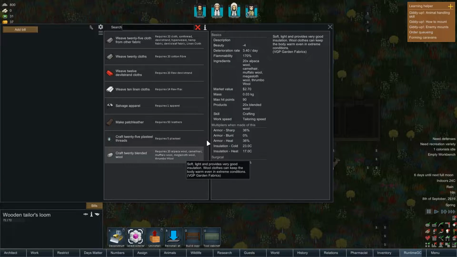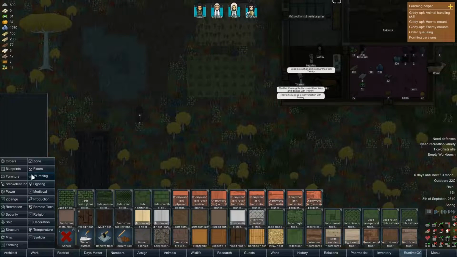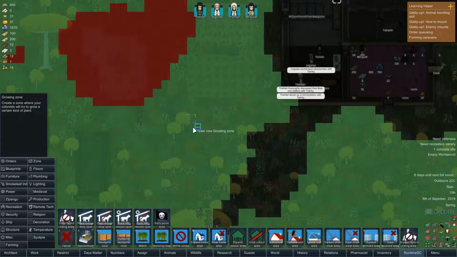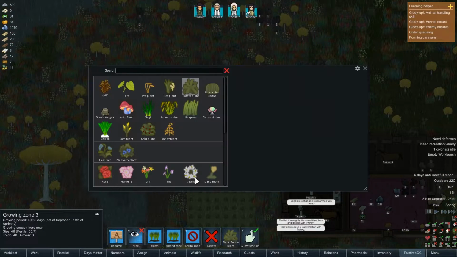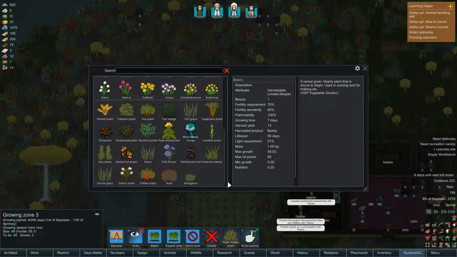We may have to plant stuff. Let's see what we can grow. It's going to take quite a while, sadly. I'm sure there must be a quicker way, there must be an easy way of doing it. But let's be growing. Let's do it up here, actually. Can we actually grow any of that stuff? Ah, there's a scroll bar. All right. So what can we actually...